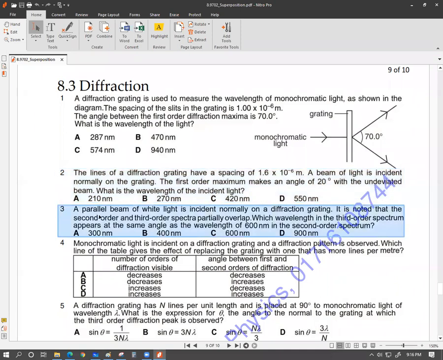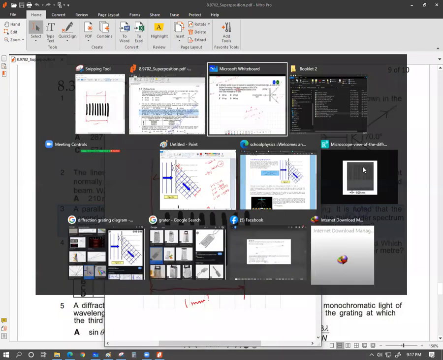Let's have a look at this equation. A parallel beam of white light is incident normally on a diffraction grating. Now here's স্যার ফর্মুলাটা স্যার আমরা হচ্ছে স্যার যে d sin theta equals to n lambda ইউজ করছি না স্যার? Yes, for maximas we are using n lambda. Acha. For number 3, if you have a look, a parallel beam of white light is incident normally on a diffraction grating. It is noted that the second order and the third order spectra partially overlap. Which wavelength in the third order spectrum appears at the same angle as the wavelength of the 600 nanometer in the second order spectrum? এই কোশ্চেনটা আগে ভালো করে বুঝা লাগবে। এই কোশ্চেনটা আমি একটু ভালো করে বুঝাই।